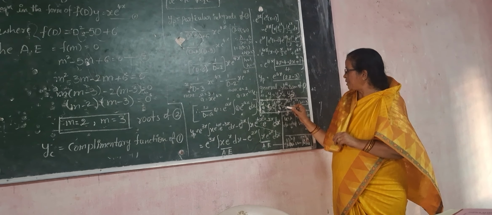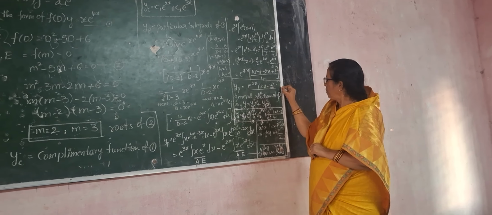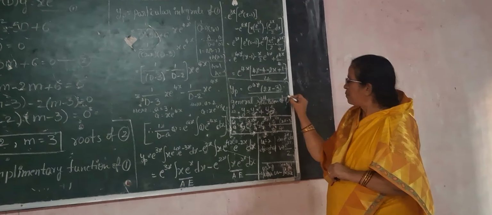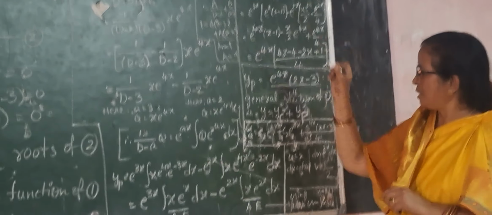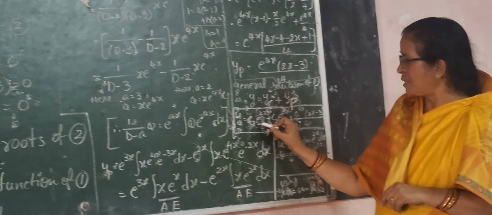So the complete solution is given by y equal to yc plus yp. We have got yp here and previously we calculated yc. So what is y? y is equal to c1 e power 2x